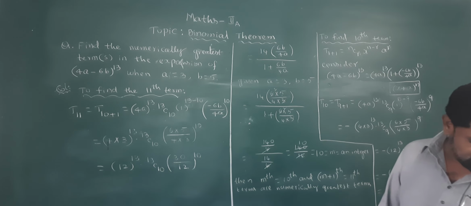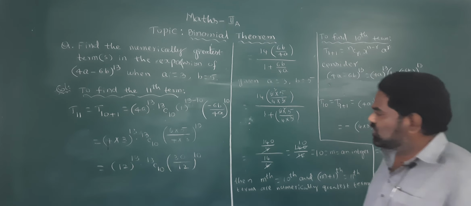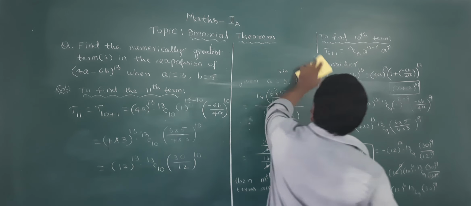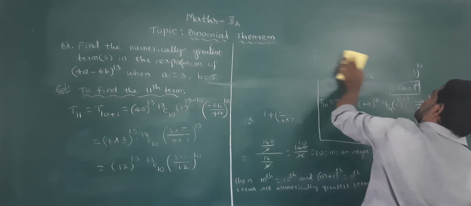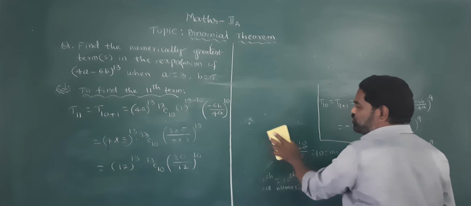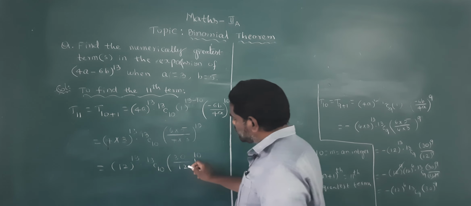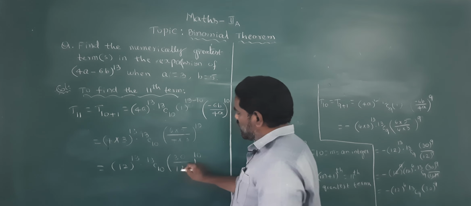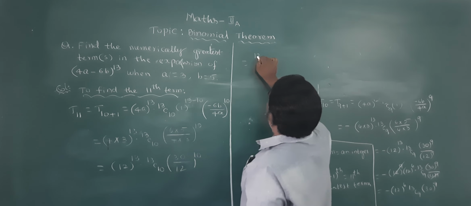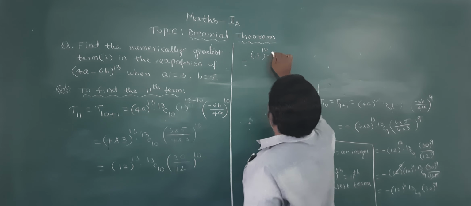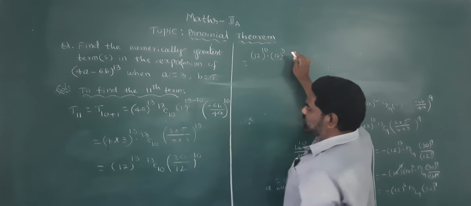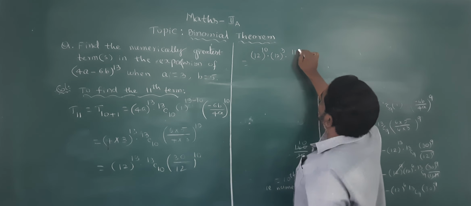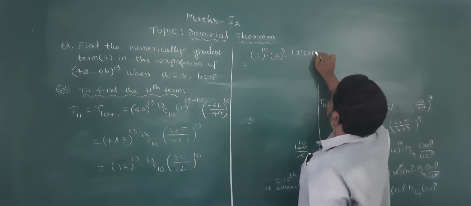For our convenience, this can be simplified in this form. 12 power 13 can be written as 12 power 10, 12 power 3. 13C10, 13 minus 10, the 10 values get cancelled, 11, 12, 13 by,